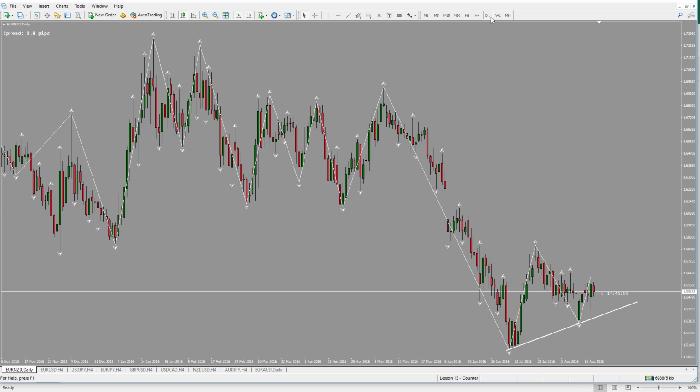But just remember, this is a counter trend method, and if you're trading a trend-based method, you could get triggers in both directions, so just be aware of that. Don't get confused. Different methods, different time frames, you could trigger in both directions. While I still have you here,